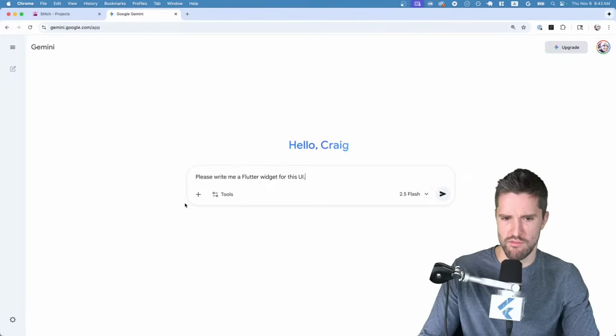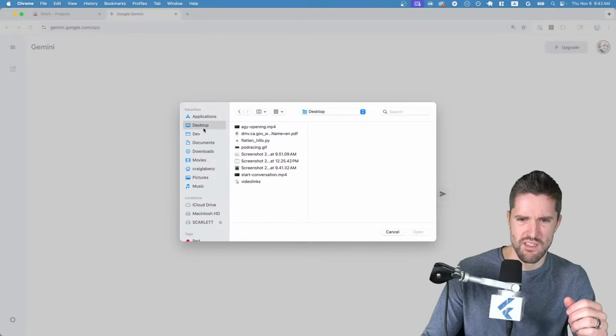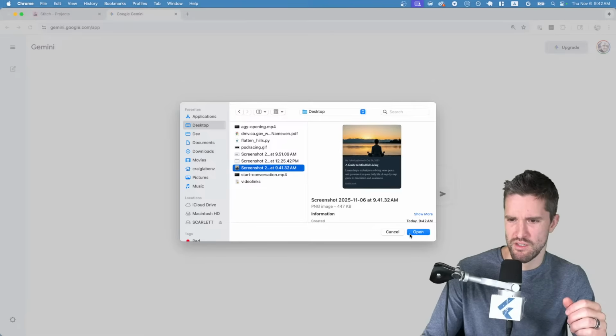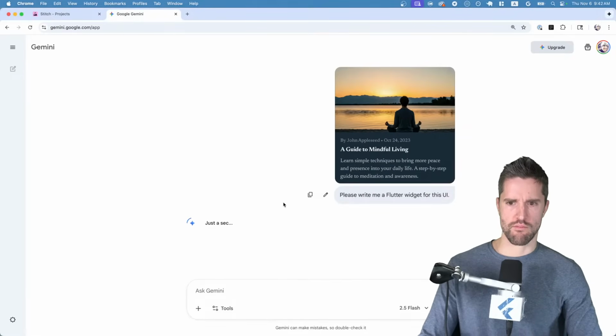And I know I should be using Gemini CLI or something else, but I don't care. So let's upload a file, desktop, this screenshot I just took. See if Flash can do it. Normally I use Pro, but